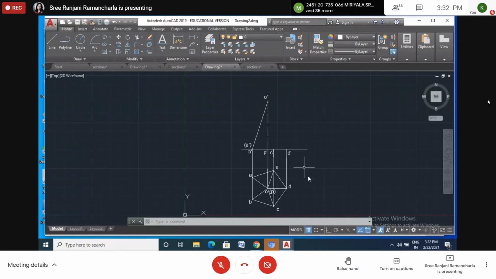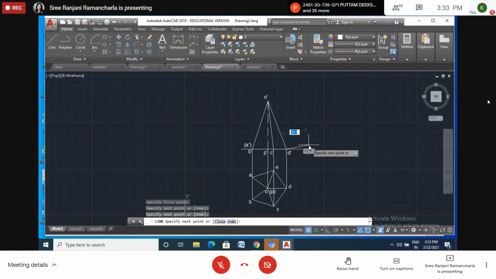Is it clear? Now CO. Here C is there. So again line command, then the starting point, either that side or this side I can take, line command, CO. Then another edge is there, DO. I am already at O, then D. Then what about EO? Here also the same, CO and EO are coinciding. E is hidden.